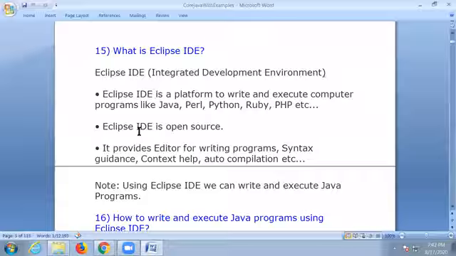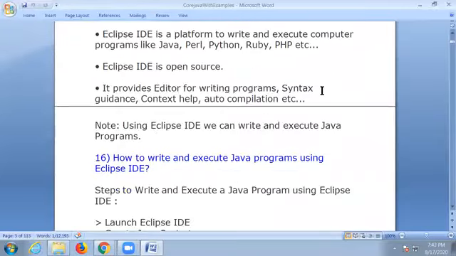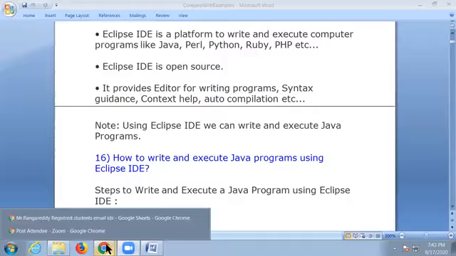There are a lot of Eclipse versions in the market: Eclipse Neon, Mars, Luna, Oxygen, Indigo, different names. Here we can download any one, either Oxygen or Mars, no problem. How to download that? Yes, 64-bit. Good. All of you have 64-bit, right? Okay, now I'm showing you how to download